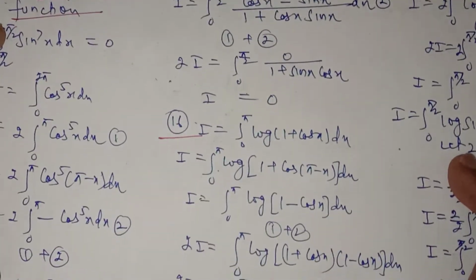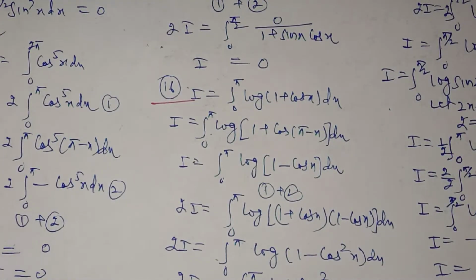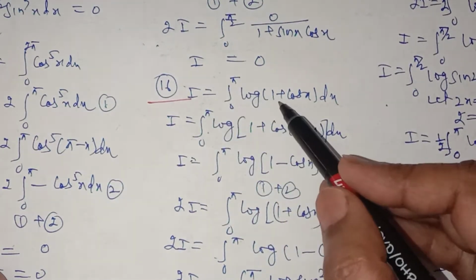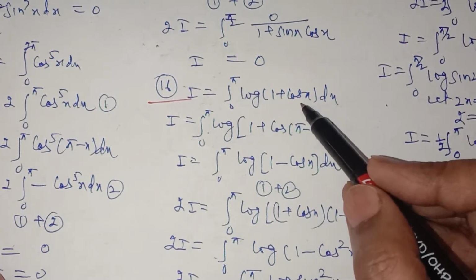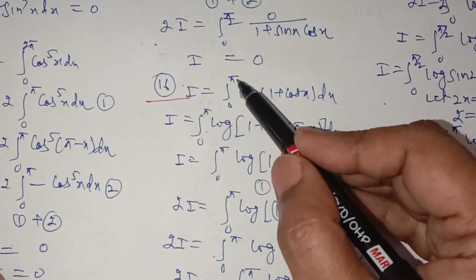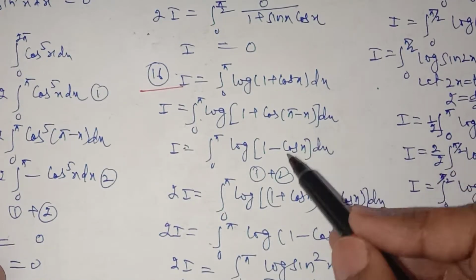Now question number 16 is somewhat lengthy. See it very carefully, because in this we will get the integral of log sine x, which is very important, and it is a solved example before this exercise. Now I is equal to the integral from 0 to pi of log of 1 plus cos x. Again using the same property, in place of x you write pi minus x. In the 0 to a limit, in place of x we can write a minus x. So cos 180 minus theta is minus cos theta.